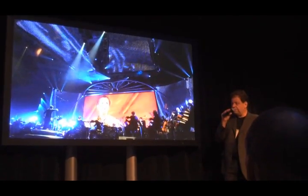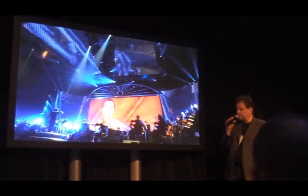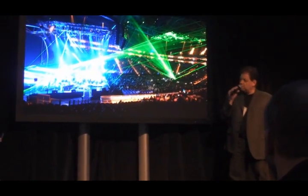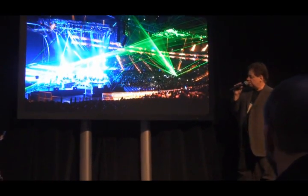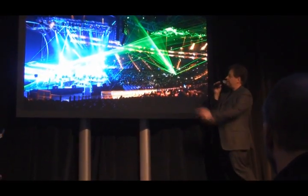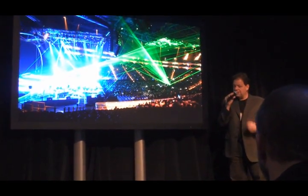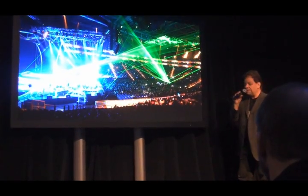They weren't going to just play it through speakers. They wanted a real symphony orchestra and a choir. So the challenge was to take that symphony and choir and put them in a really nice sounding environment. This is the O2 Arena in London. This is where the first two shows were the test beds. And very dead acoustic,